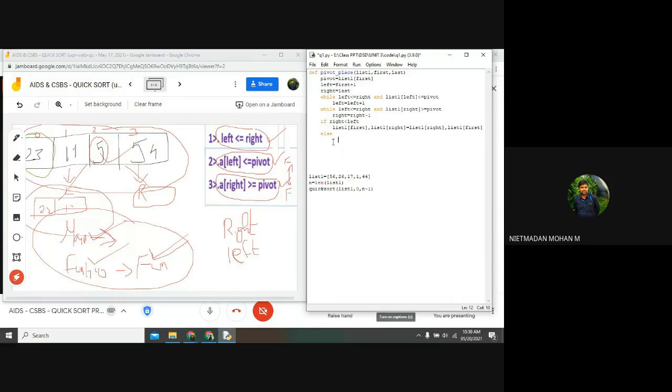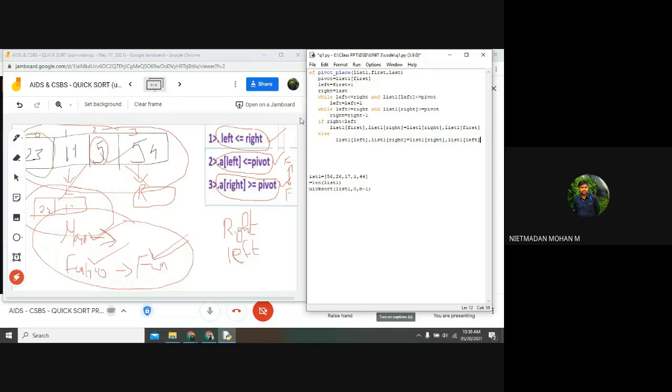So for that, I am using list one of left comma list one of right is equal to list one of right comma list one of left. Clear? So list one of left comma list one of right, and list one of right comma list one of left. So this is the thing.